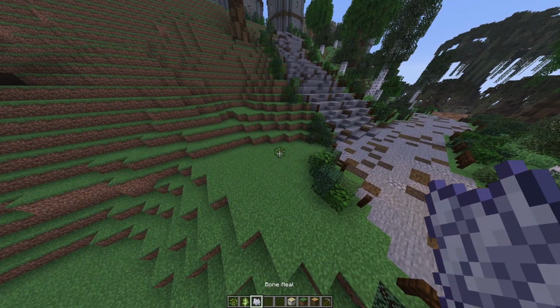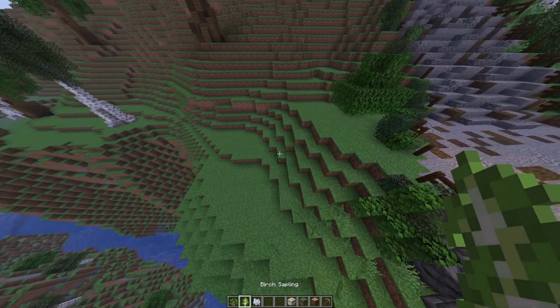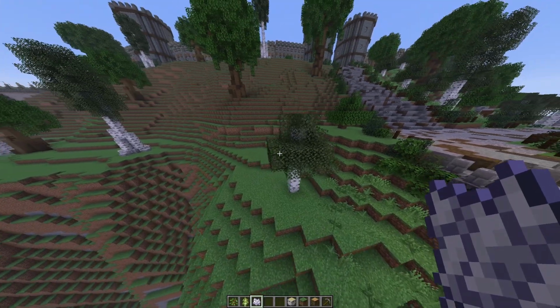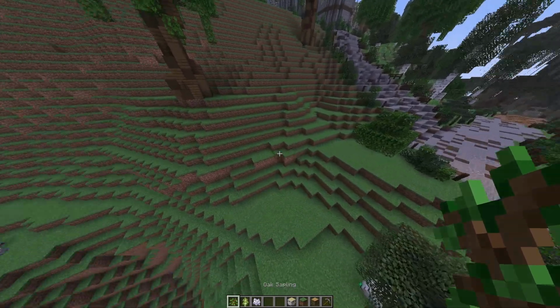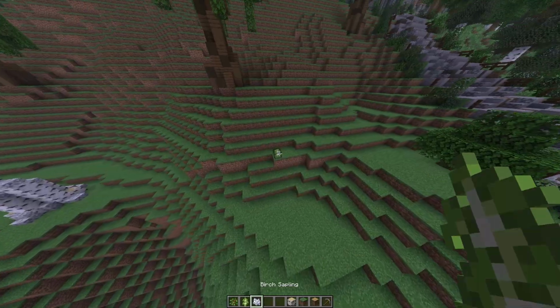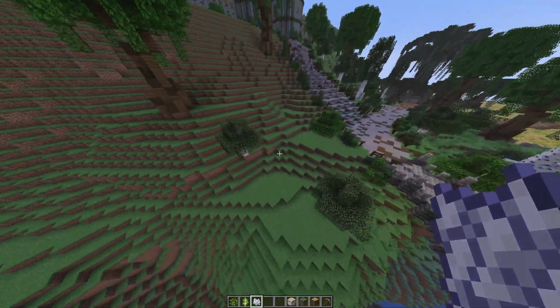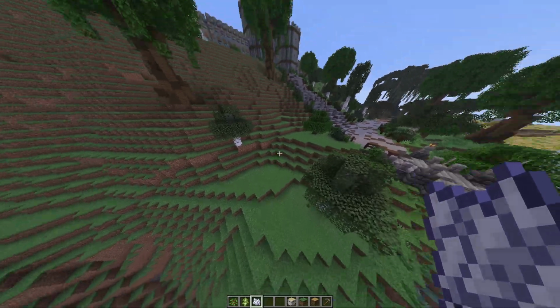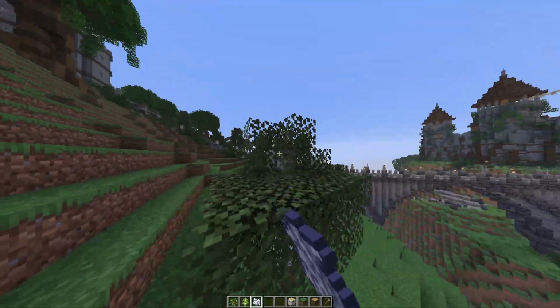And now you're just going to place some random saplings and just grow them with some bone meal. Personally, I don't like it when you put them too close together. A little bit of space in between is nice. I do feel like this is a little bit too much maybe, so I'm going to get rid of this